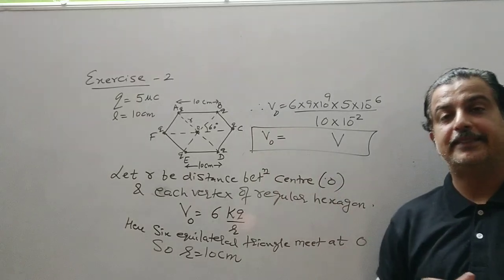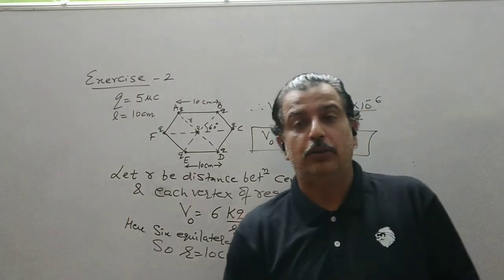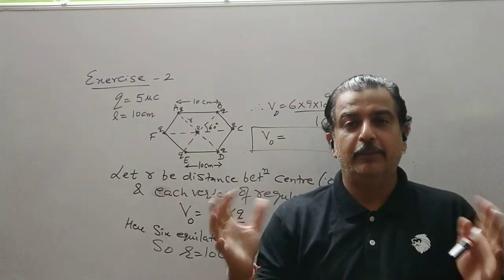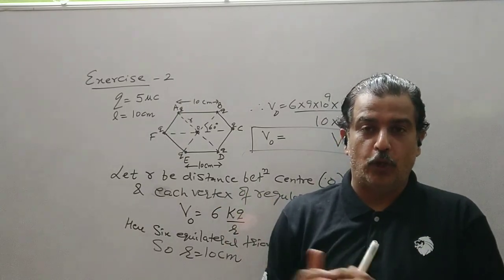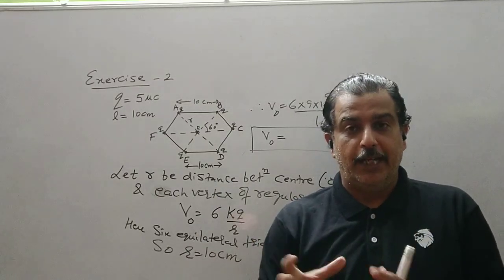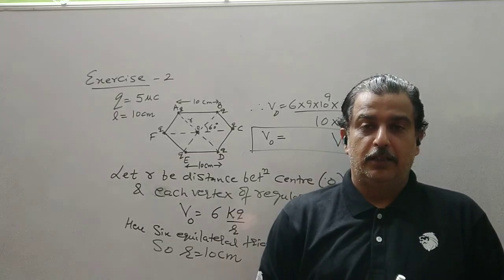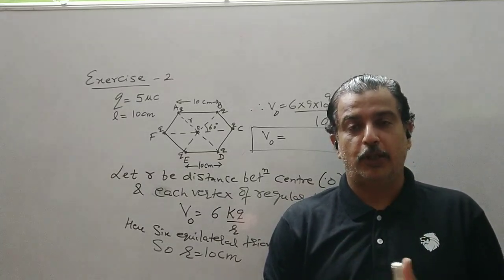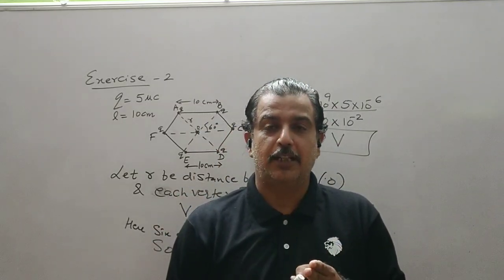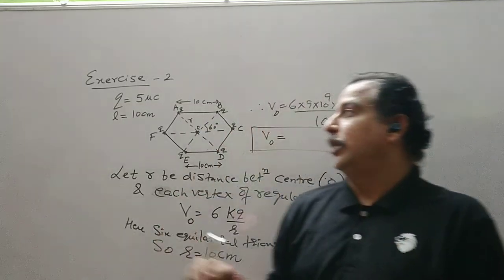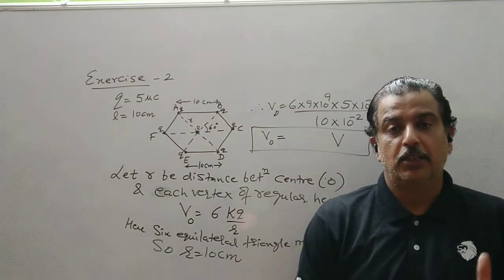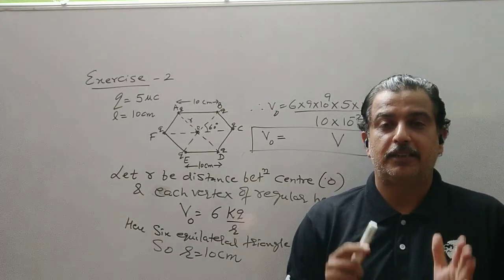Here the sources are 6. So this is all about the electric potential. One part of the chapter is over, where we have studied the potential energy and potential. Then we took the topics of potential, potential due to point charge, potential due to dipole, potential due to system of charges, and we found how the potential is 0 if we have a two-charge system. We found potential due to spherical shell.